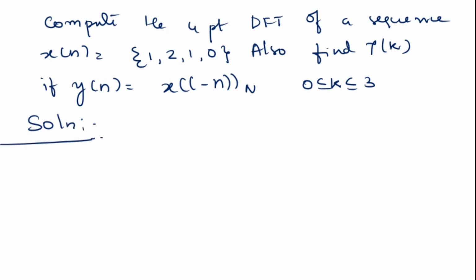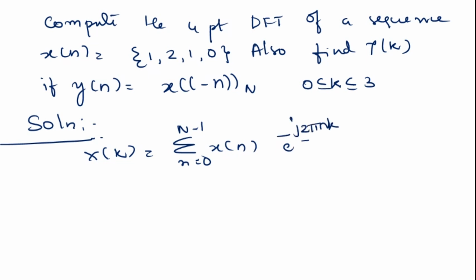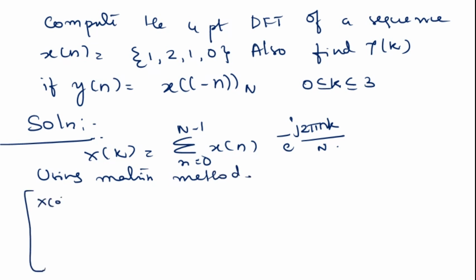So we have to find the 4-point DFT. X of k is equal to summation n is equal to 0 to N minus 1 x of n into e power minus j 2 pi nk by N. So using the matrix method, x of 0, x of 1, x of 2, x of 3,